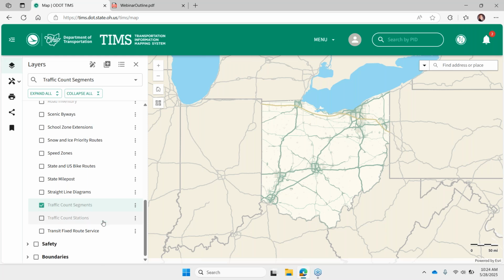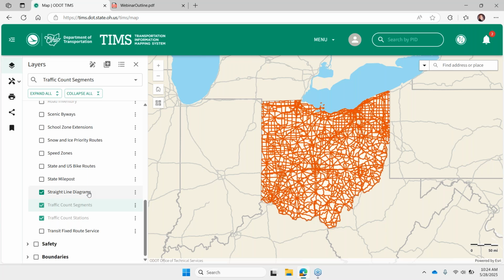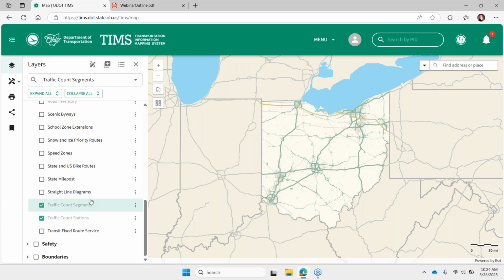Now notice that my two traffic layers are in a lighter gray text, and even though I turned it on, nothing's drawing on the map. If I select one of the layers that's in black text, you'll see immediately it draws. So this light gray text is your indicator that we've got a view extent, a view limit, set.